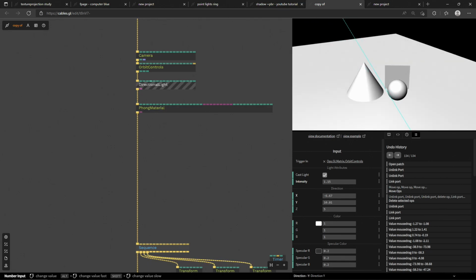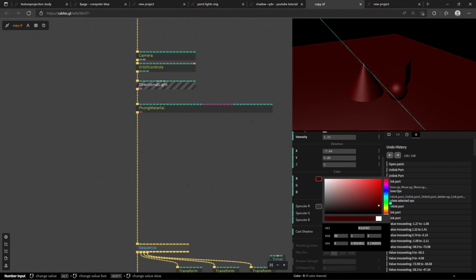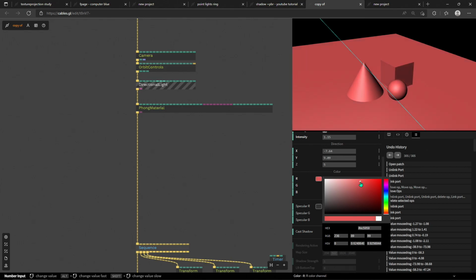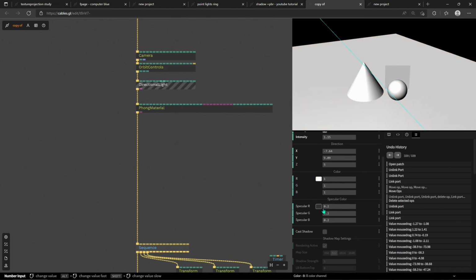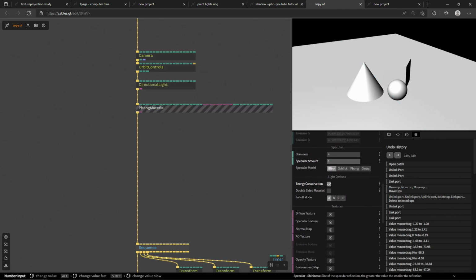But with directional, you just control the direction. Then we have the color. We can set it to a different color. So that would be the color of the lamp, for example, in the light, right? And then the specular, some materials have a specular on it, right? So if we bump up maybe the shininess to some extreme,